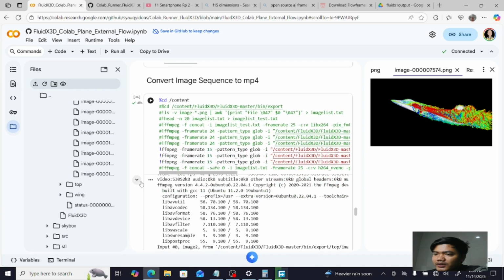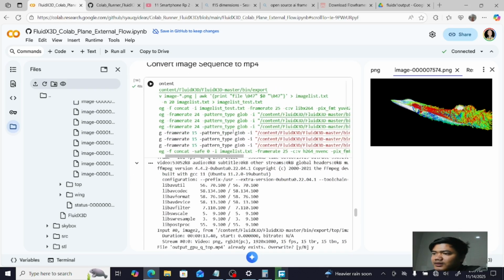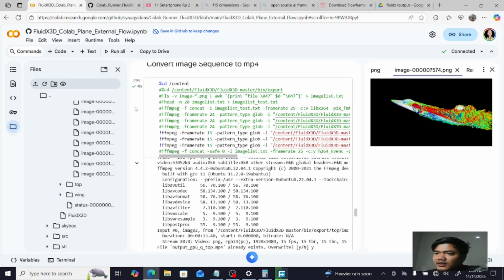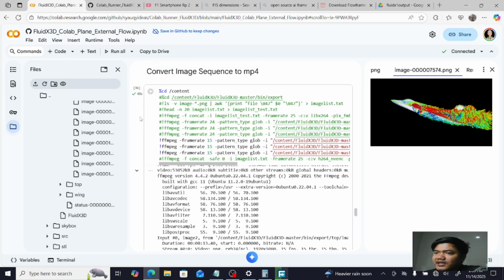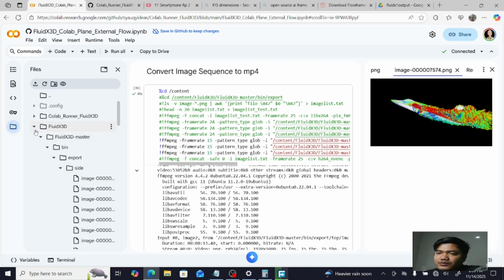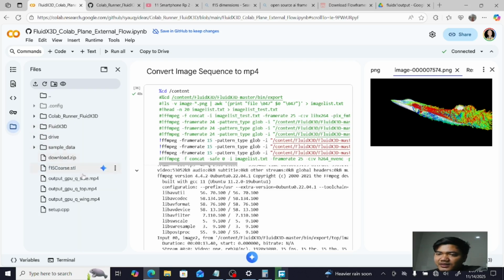And then for saving our simulation, we just run the cell. I've already done it, and as we see here, there is the video result of the simulation.